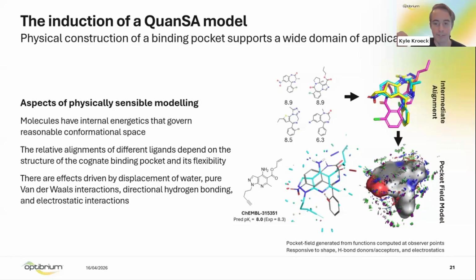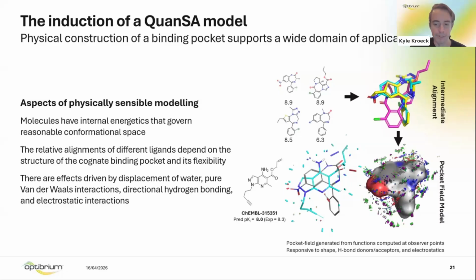The result of all of this is a continuous pocket field model that serves as a 3D physical surrogate for the protein's binding site. This model is generated by aggregating the function parameters learned at each observer point, creating a unified representation responsive to molecular shape, hydrogen bond directionality, and Coulombic fields. Unlike 2D descriptors that lose meaning outside of a specific chemical series, this 3D field effectively provides a surrogate protein pocket that designers can use to visualize and evaluate new compounds, transforming a ligand-based project into one with visual and conceptual advantages of structure-guided design.